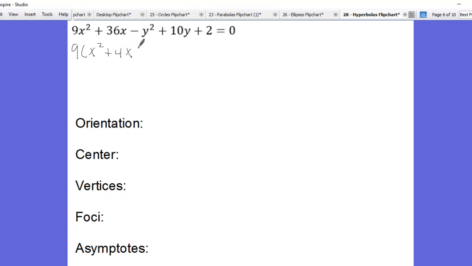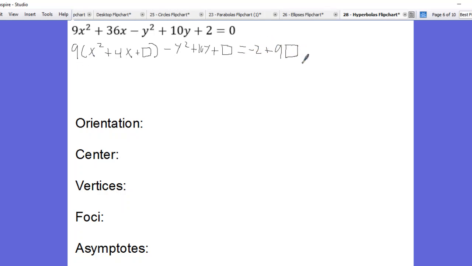Plus 4x plus r, complete the square term, minus y squared plus 10y plus r, complete the square term, would be equal to negative 2 plus 9 times a complete the square term